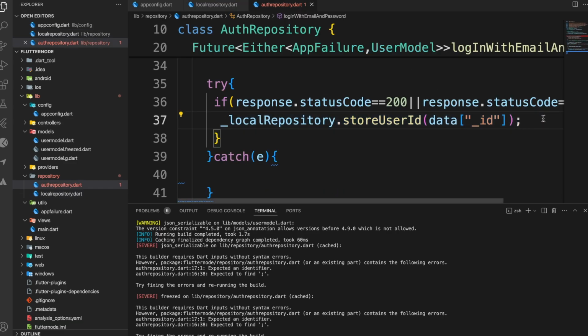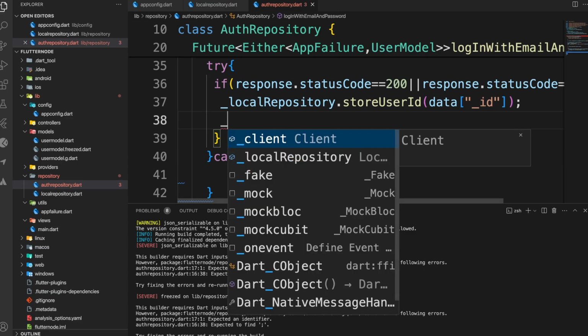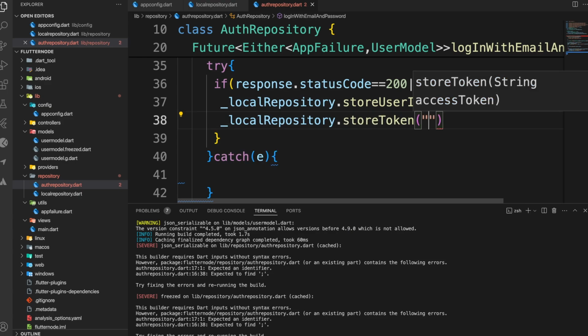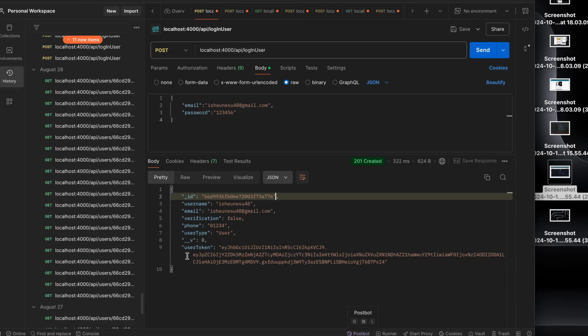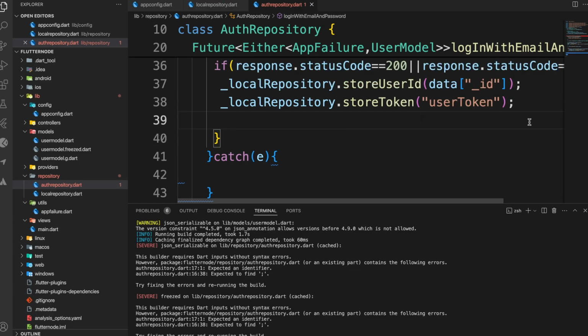And then what else do we need to store inside our local repository? We need to make sure that we also store the token. If we go inside our JSON response, this is the user token. This value is the one that we are supposed to store. So let's go back and create the user token like this. And then we are just going to return